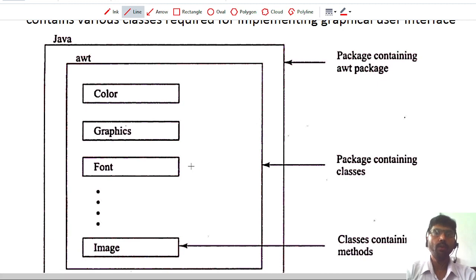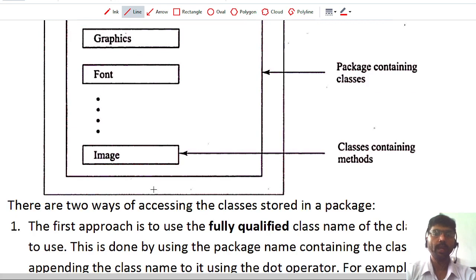Now I want to show you how to create an object of these classes. To create an object of these classes, first I have to access these classes in my program. There are two ways to access these classes. The first one is called the fully qualified class name.